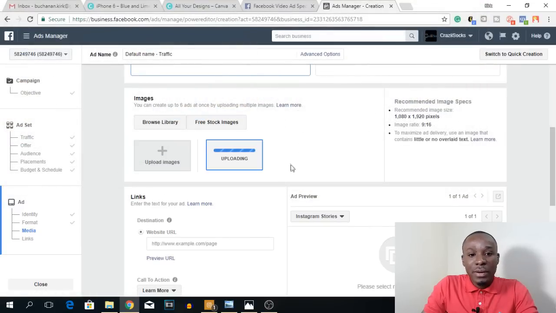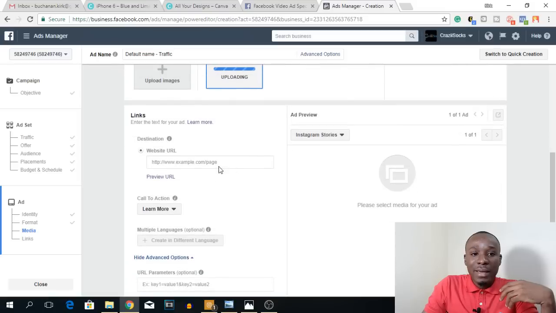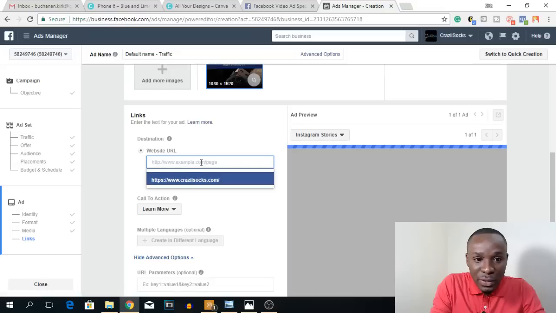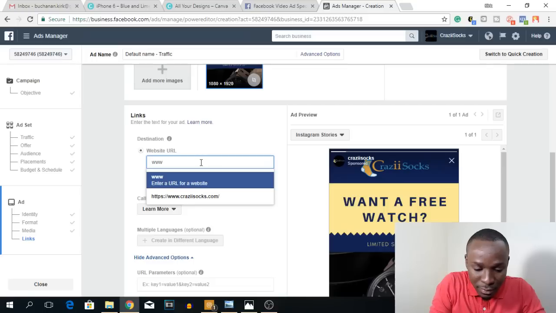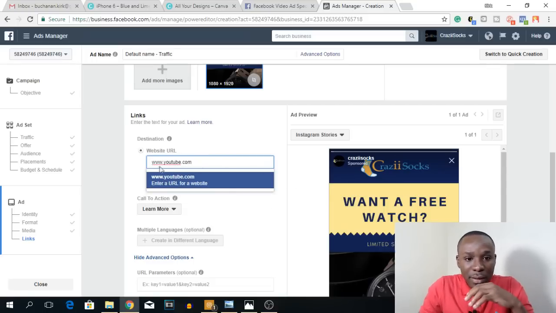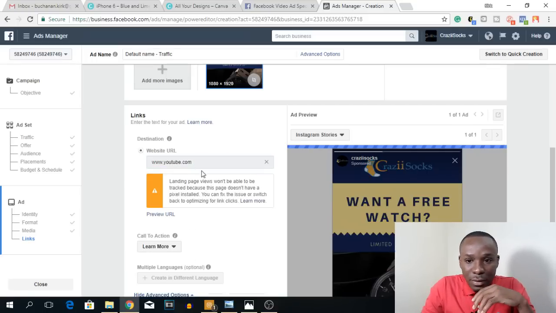Once that is uploaded, then it's going to ask you to select your destination, where you want a person to be taken once they see this ad and they decide to swipe up. All right, so my image is uploading. So let me just select your destination. At this point is where you put your website. So you put www here and put your domain name. Once that is done,